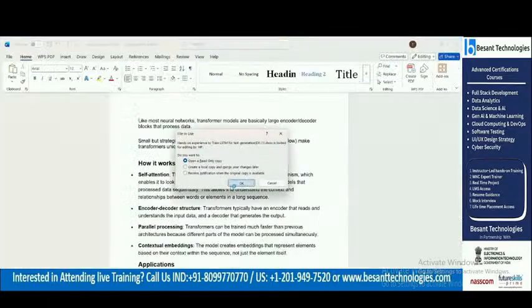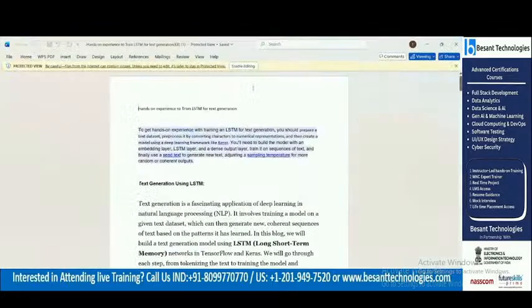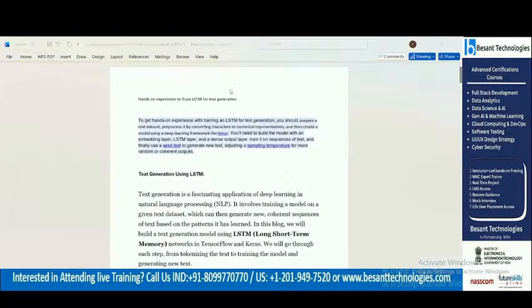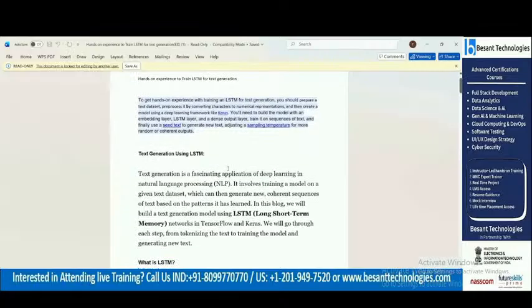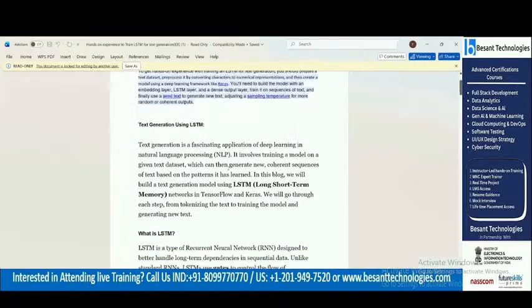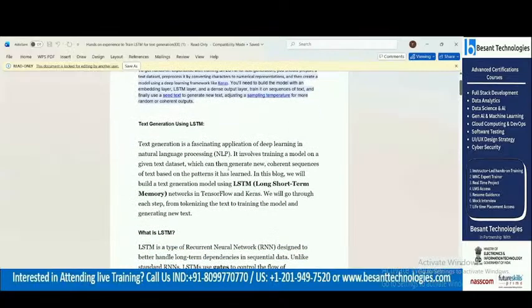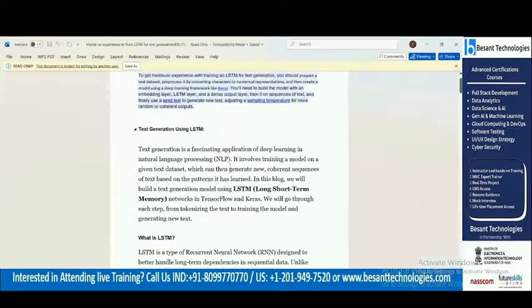Text generation, I think. Yes, text generation. Text generation using NLP. This is also one file, right?